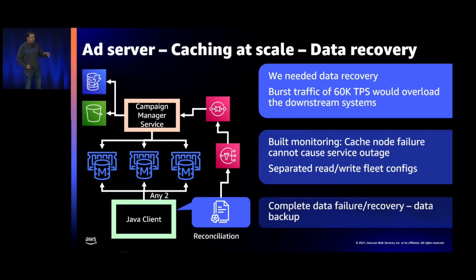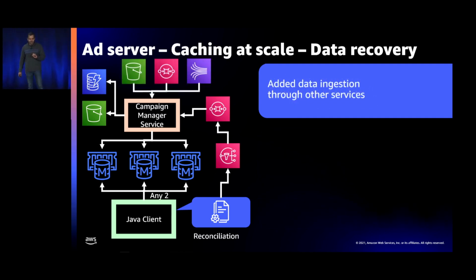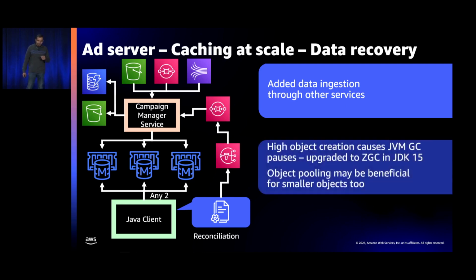We still built a solution for the doomsday when, suppose, all the caches just go away. We started to back up our data on S3 and DynamoDB, but luckily, we've never had to exercise that to date. It's been about 2 years that this has been running. To simplify the data ingestion into our systems, the Cache Manager service was also built and grown and augmented with ingestions from micro S3 files or Kinesis and SNS SQS topics.